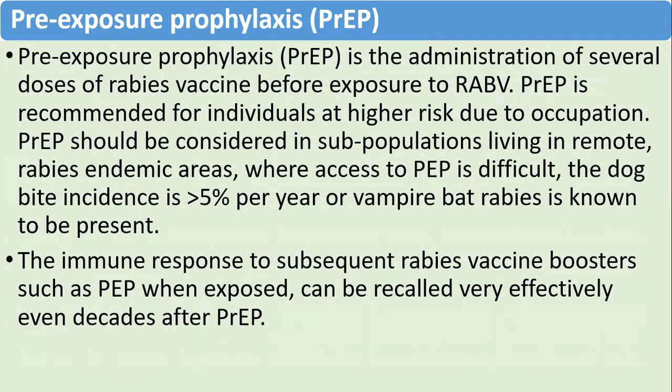Pre-exposure prophylaxis is the administration of several doses of rabies vaccine before exposure to rabies virus. Pre-exposure prophylaxis is recommended for people who are at high risk due to their occupation, and should be considered in the subpopulation living in remote rabies endemic areas where dog bite incidence is high, or where vampire bat rabies is known to be present. The immune response to subsequent rabies vaccine boosters, such as post-exposure prophylaxis when exposed, can be recalled very effectively, even decades after the